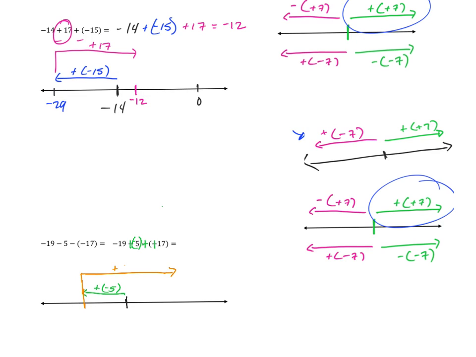I'm going to add positive 17 here. And I want to know, where did I wind up? Well, I started at negative 19, which means 0 is 19 away. When I go to the left 5, because I'm adding a negative,